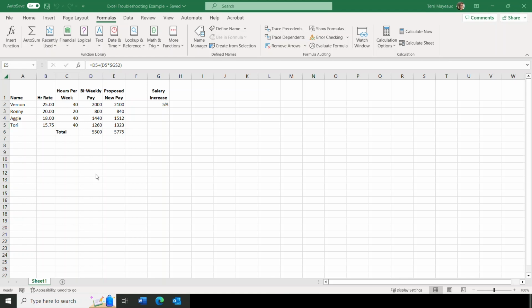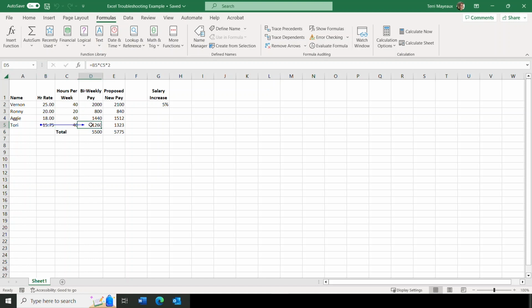As I look at the formula auditing group, I see that besides being able to trace precedence, we can also trace dependence. So let's look at that. Let's go to B5, and then let's go to Trace Dependence, the second button here, and click on it. Oh, and it says that this hourly rate is part of the formula that feeds into biweekly pay, which is